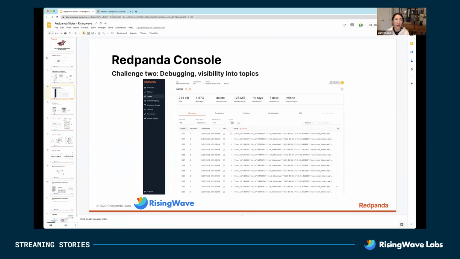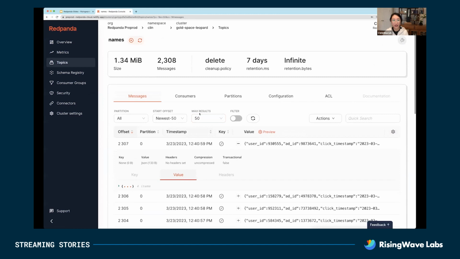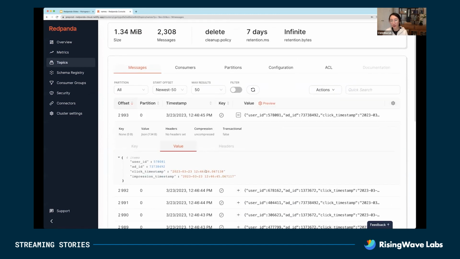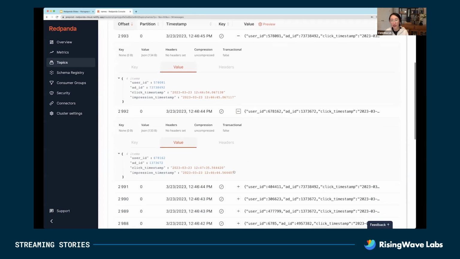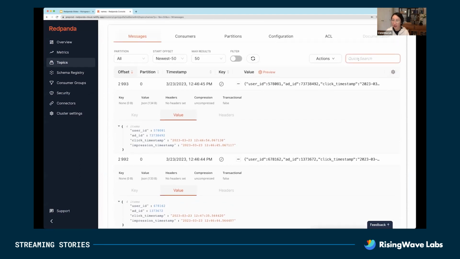So to quickly show you, that was the cluster that I was writing in. You can now see that the data are starting to go into the console, and you get to play with it, look at what has been sent into the topic itself, right? So you get to see a lot of things, and you can also filter. So for a developer, this is a very debug-friendly environment where, if you say, I do have errors, and it's probably coming from one of the events from my producers,